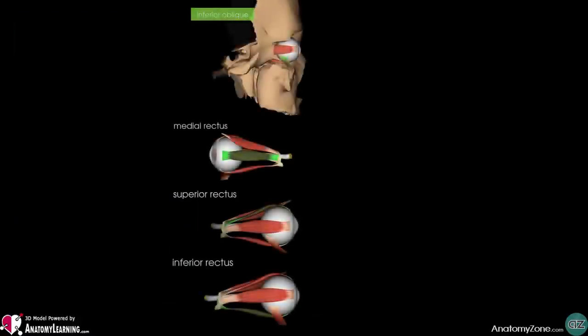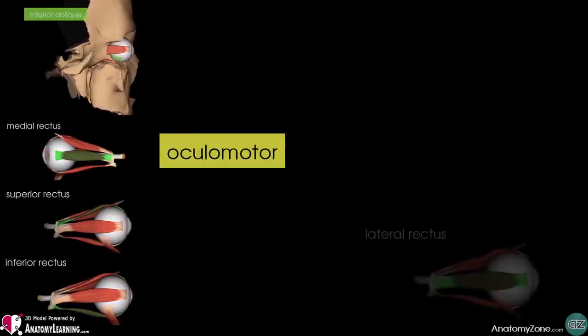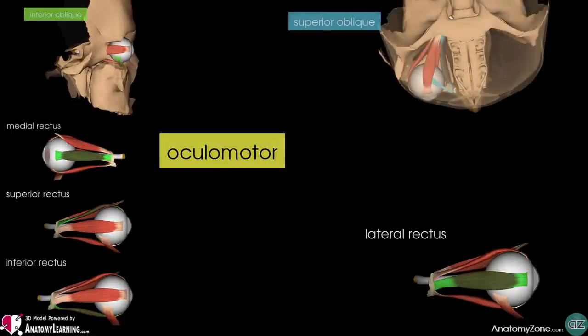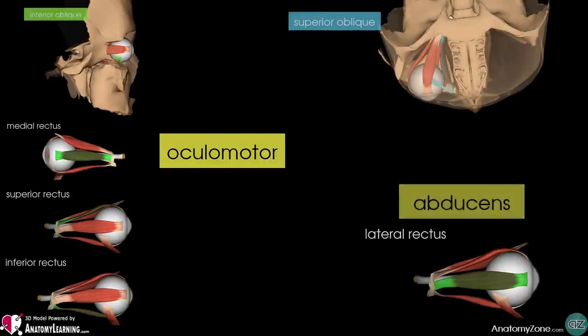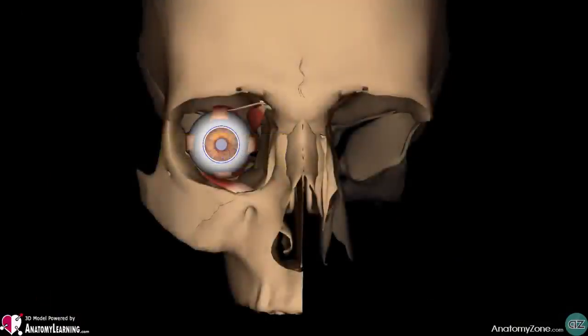So all the extraocular muscles are innervated by the oculomotor nerve, except for the lateral rectus and the superior oblique, which are innervated by the abducens nerve and the trochlear nerve respectively. It's important to note that whilst you can describe the actions of each muscle in terms of its specific movements of the eyeball, all the extraocular muscles work in conjunction with